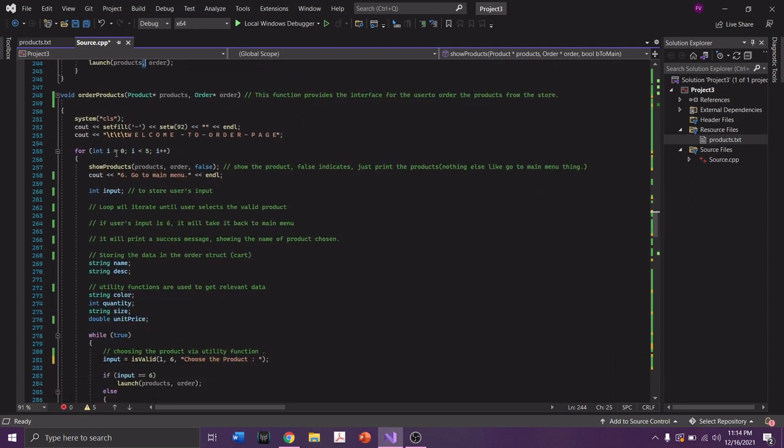We're going to go into the order products function. So this function provides an interface for users to order the product from the store itself. We'll clear the system, and then we'll go ahead and set the border again. We're going to have the outgoing